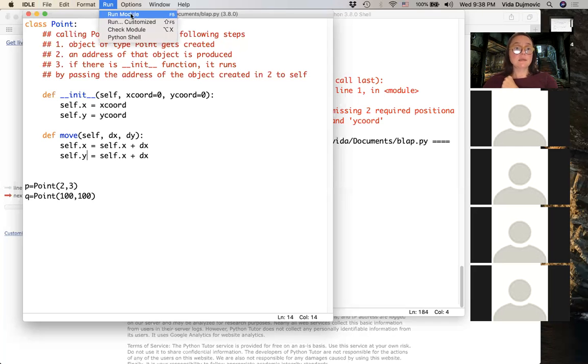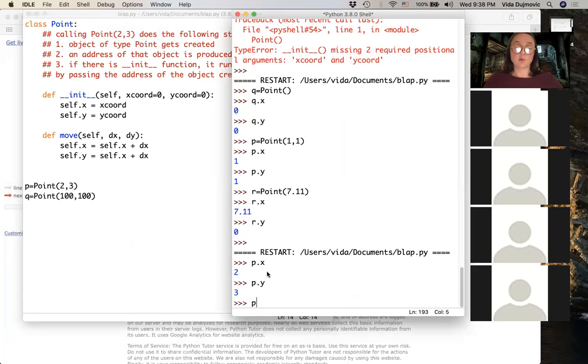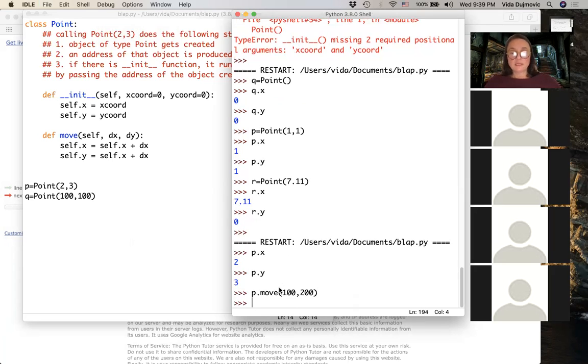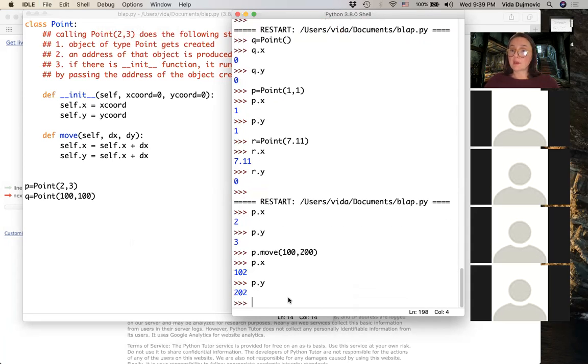So let's run it and see if it works. Actually, this is already created. So we have this point, P.X, P.Y. Let's try to move it. P.move: I want to move X by 100 and Y by 200 units. And let's see, P.X should now be, if I move it by 100, 102, and P.Y should be 203. And indeed,